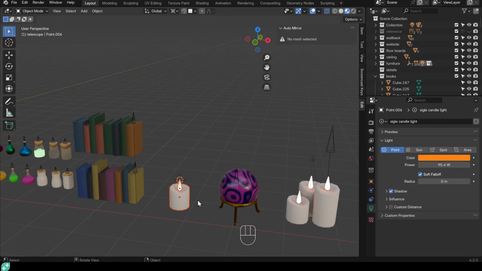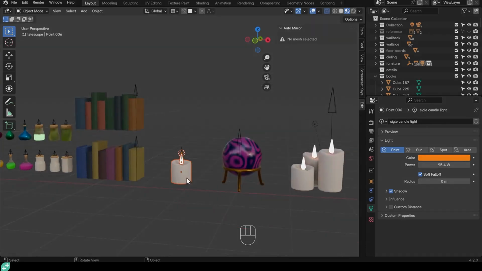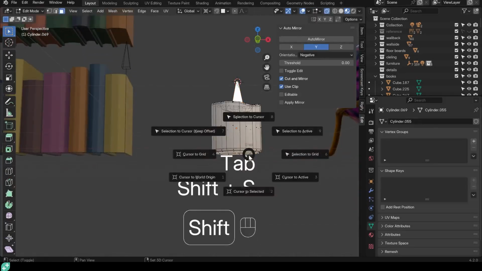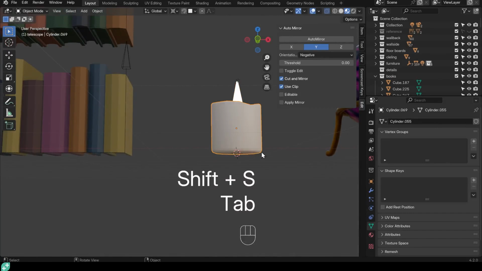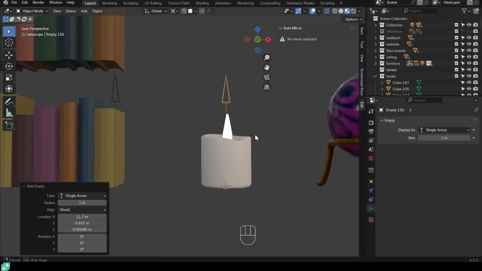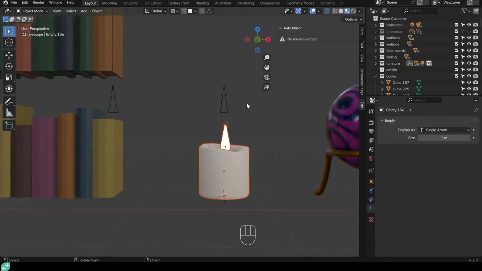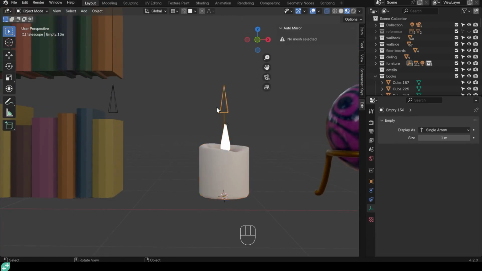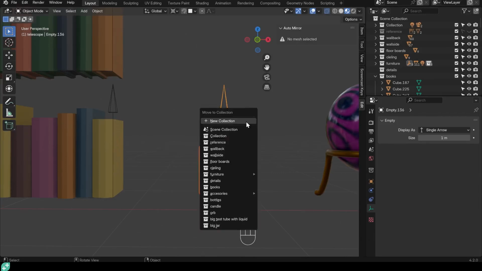And we'll want to do an empty for this as well. So let's select the top bottom face, Shift S, cursor to selected, and Shift A to add an empty with a single arrow. And let's join these all to that empty. Control P to object. I might put these in a different collection. So move to new collection,